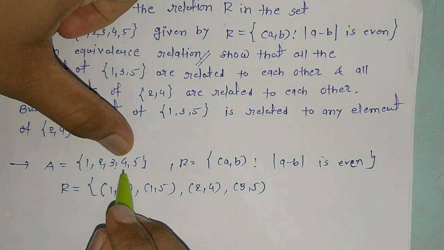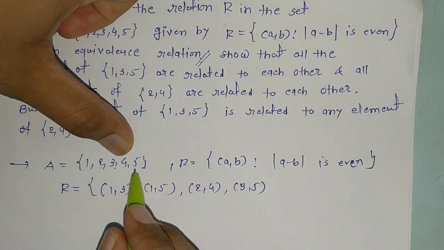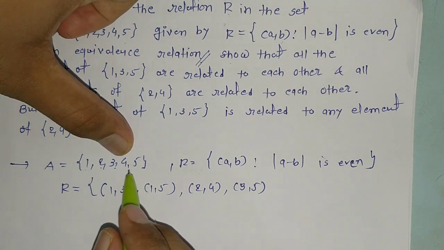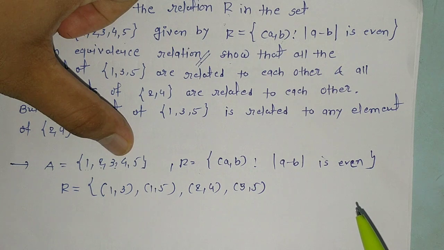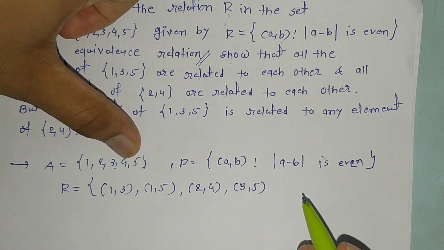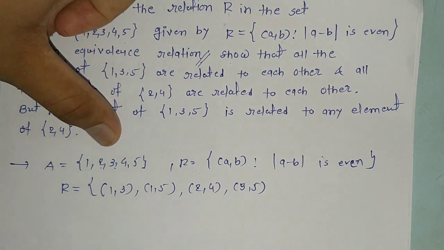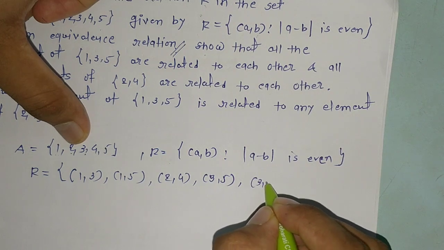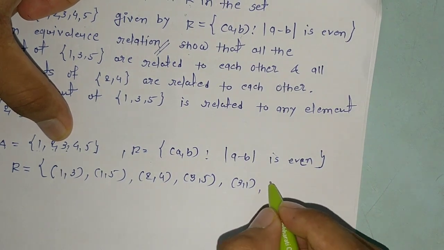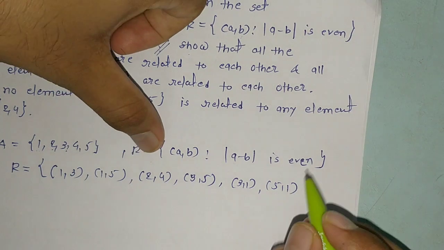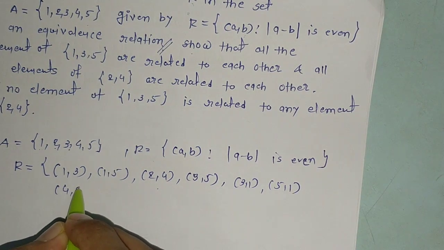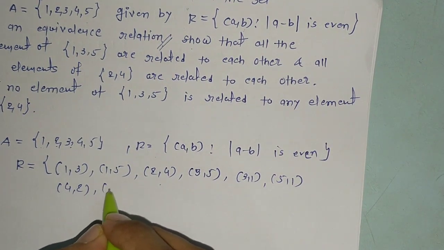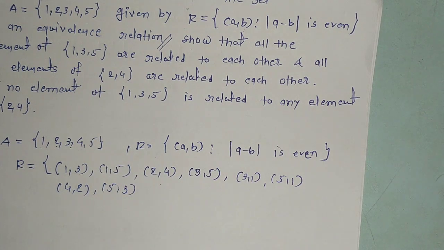Let's approach with 4. 4, 5 gives you the odd number 1, so 4, 5 is not possible. Also, if we invert the places, it will again give an even number. It means 3, 1 is also even, 5, 1 is also even, 4, 2 is also even, and 5, 3 is also even. Yes, I think this is clear to you now.